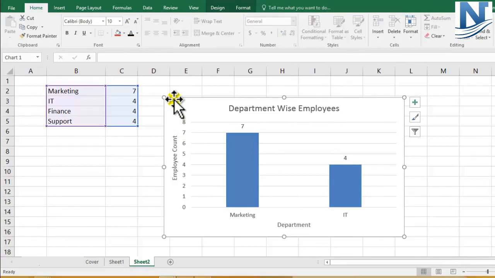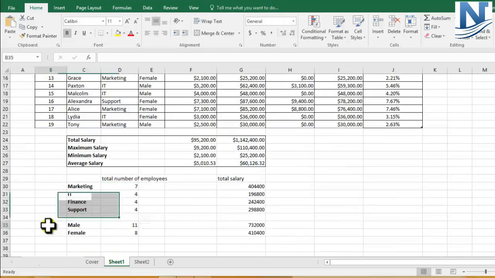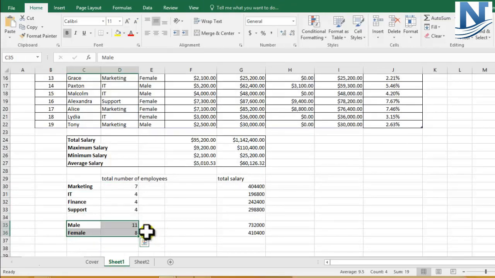So this was the one chart that we had prepared and seen in some of the earlier tutorials. Let us now move and make a chart out of some different data. I had just told you in the first tutorial, I had done some calculations with respect to the COUNTIF function to know the number of males and females in the XYZ company. So there are 11 males and 8 females. Let's try to make a graph out of this.